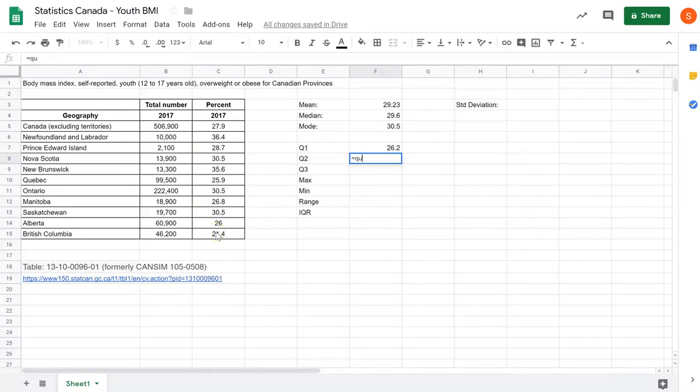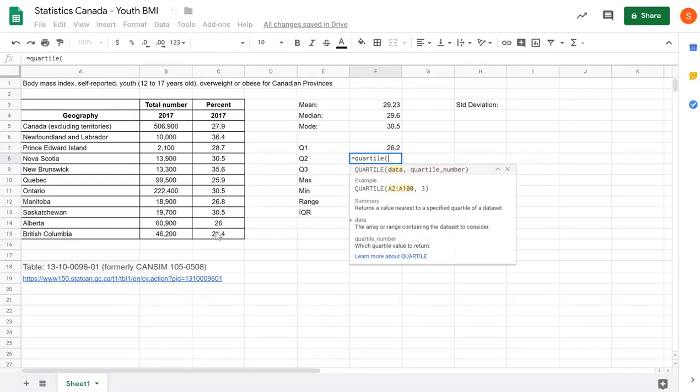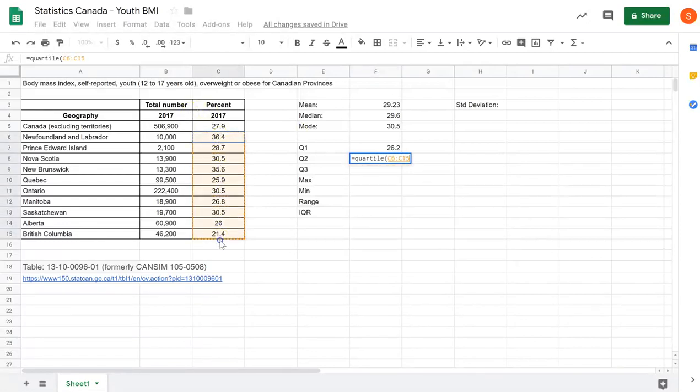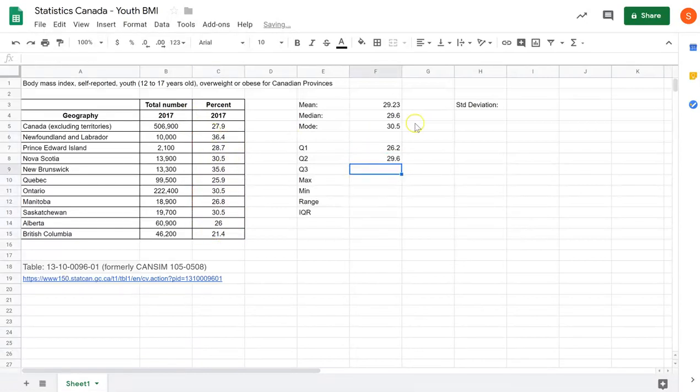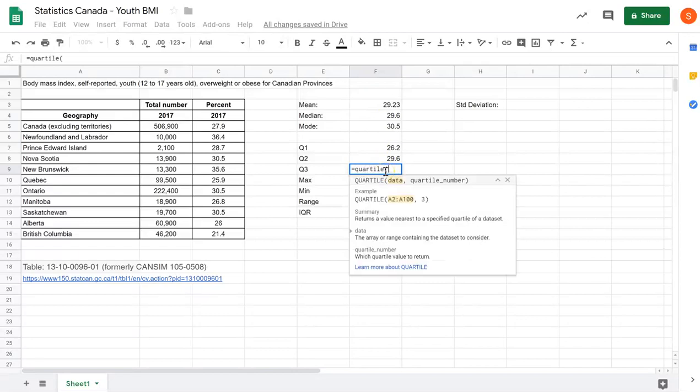I'm going to do the same thing for the other quartiles. Highlight my data, comma 2. Remember, Q2 is the same as the median. You'll notice that same value here as the median value shown above. Q3, highlight my data,